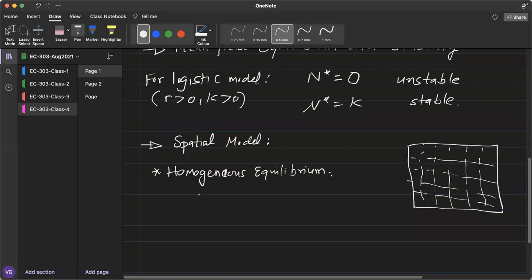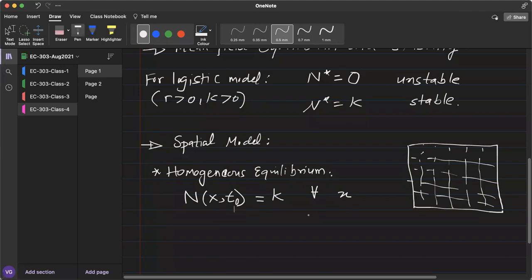Now we can consider this at some time t, N of x, t equal to K for all x at some given time t0. That's the same carrying capacity. That's one possibility. What happens in such a case, if the value of population size is the same at every location,